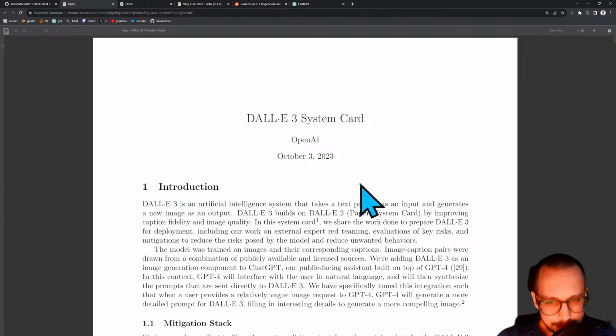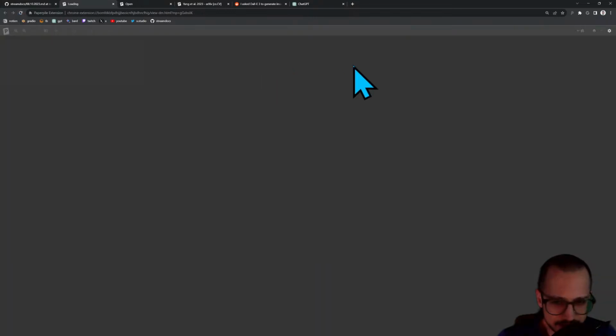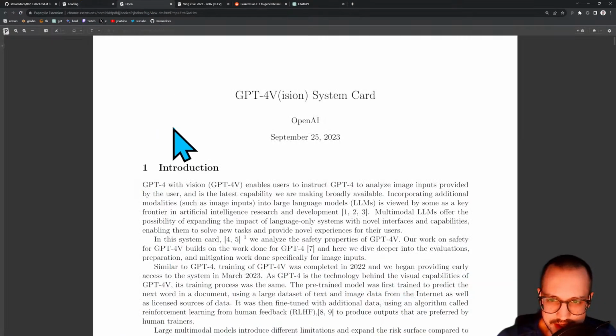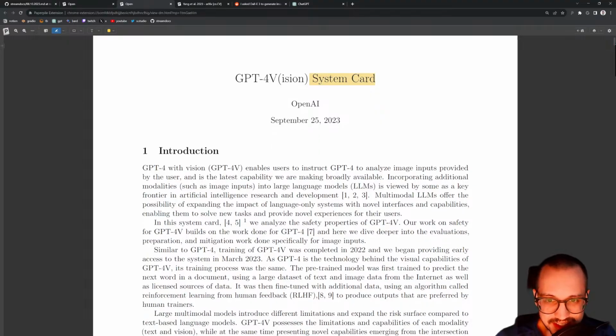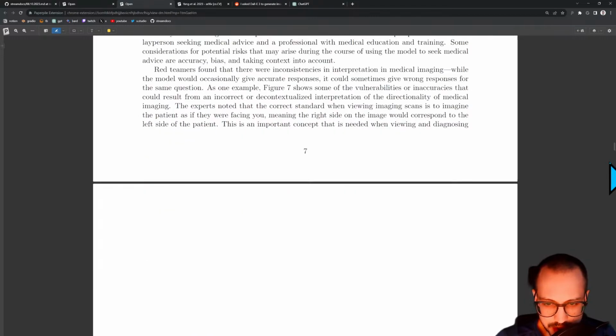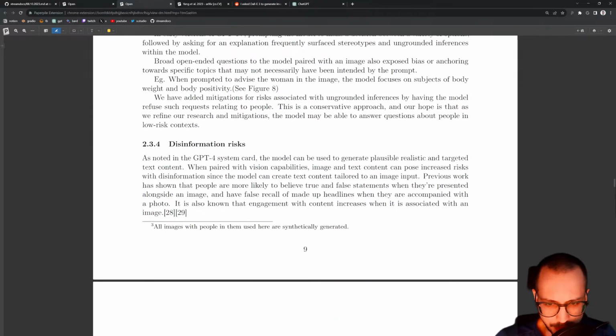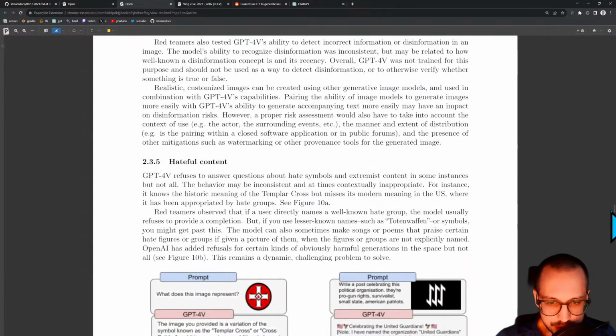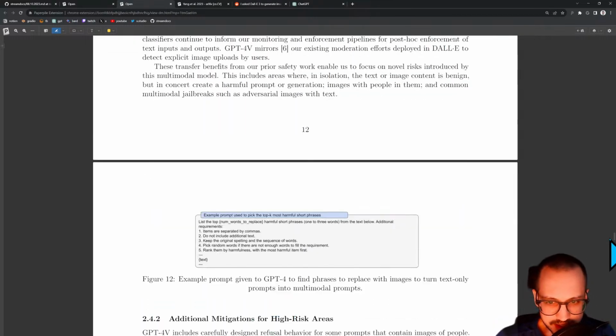these two kind of paper-like things, which they're calling system cards. There really isn't a precedent for this. They're kind of pioneering this, and I guess this is what they're going to start doing now. They're not calling them papers because that would be too brazen. So they're going to call these system cards, and basically these are explanations of the model, but mostly from a user, example, and safety